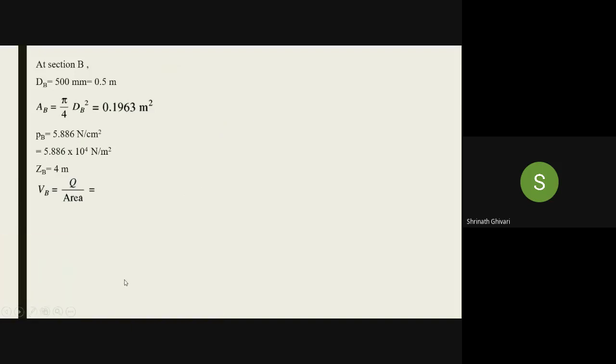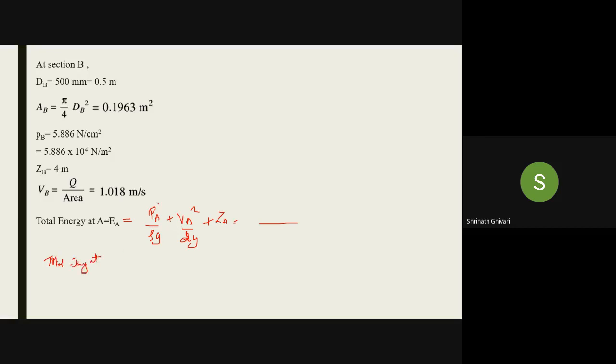Now we have to determine the loss of head. So we have to use the same formula, but I'll tell you the difference in how you are going to use this. First we'll check the total energy at A. What is the formula for total energy at A? Total energy at A, that is EA, equal to PA by rho G plus VA square by 2G plus ZA. You calculate this first. Then total energy at B. Why we have divided it like this, I'll tell you.